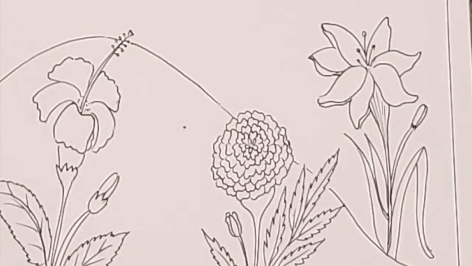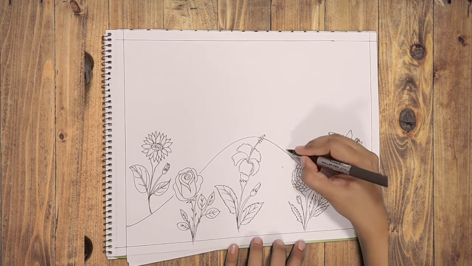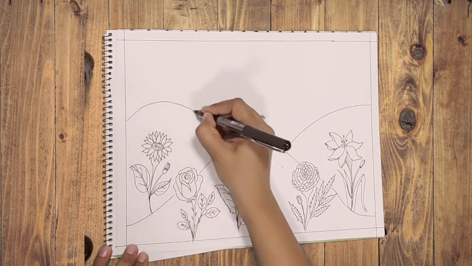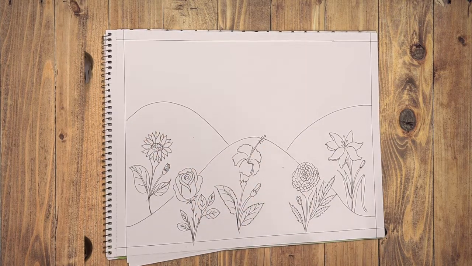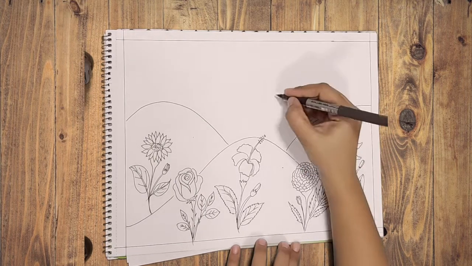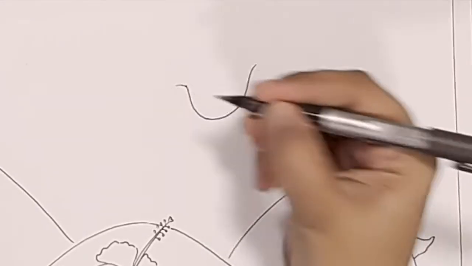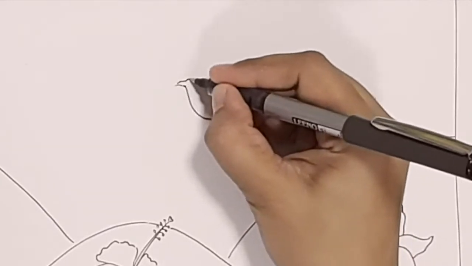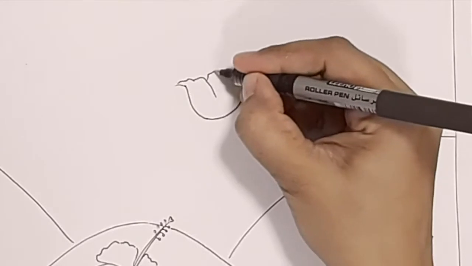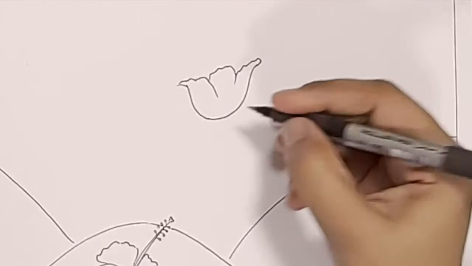Okay, now we'll add some more landscaping to the scene to place more flowers. So I am adding 2 more hills on the side, so this gives me place to keep 4 more flowers. First one I'll be drawing is going to be poppy flower. So I need to draw a very broad, shallow U for it, and then I'll place 3 petals in this U. So this is the first petal, the second one, and this is going to be the 3rd